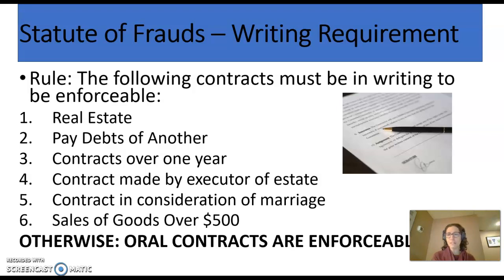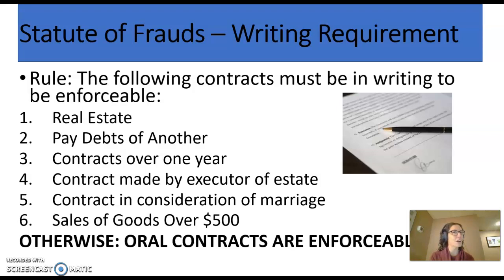So what are we talking about with a contract that must last over a year? A really good example would go like this. Let's say it's September 1st of a given year, and I am planning a wedding to take place the following year in December. So like 14 months later, or not, that's more than that. I didn't do the math very well. Let's say I do a wedding 15 or 16 months later, and I want to hire Jones's DJ company. So I hire Jones to be my DJ at my wedding that is 15 months away.